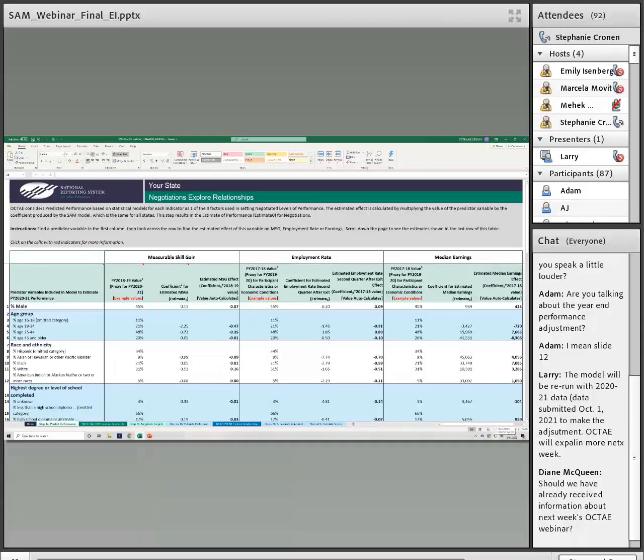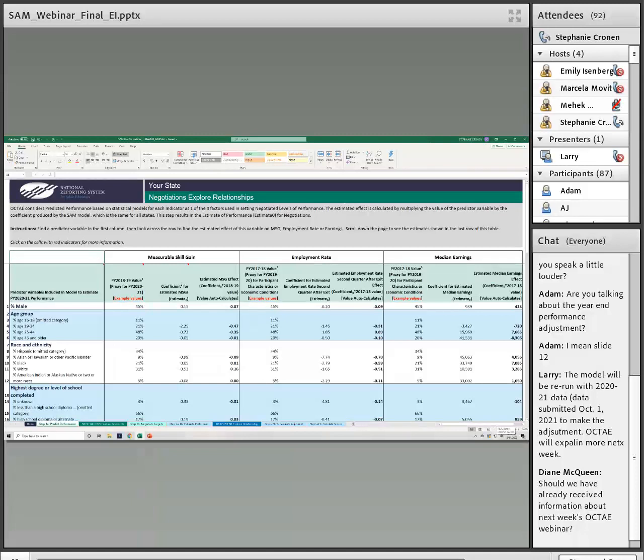And as you can see here, we take the value for each state on the predictor variables, over here in this first column, the state characteristics, and multiply that by the coefficient that was generated for that variable by the fixed effects regression model for each indicator.